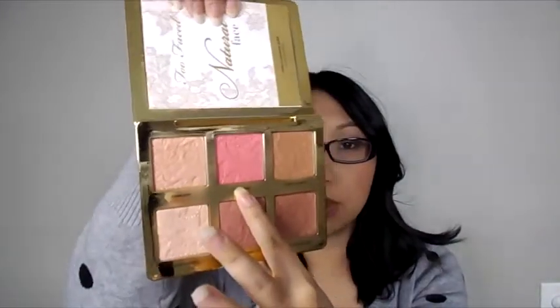I mean, both look very nice. I like them. For the blushes, I guess you would say there's 3 blushes in here, but technically there's more than that because you can combine the colors. So you have Pink Wick, which is this really bright, beautiful color, and then you have Pink